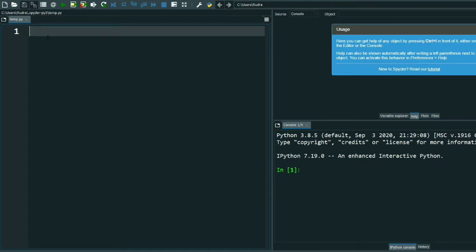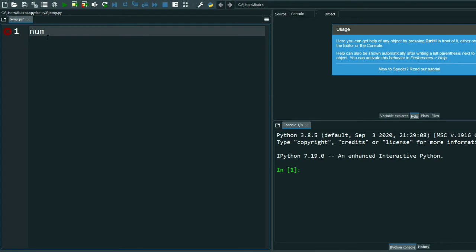A set is an unordered collection of items. That means items don't have any order. And another important line: a set cannot store any duplicate value. This you have to remember. That means if you give the same number 4 twice, 4 will only be printed once. Okay, now I will show you a live example.